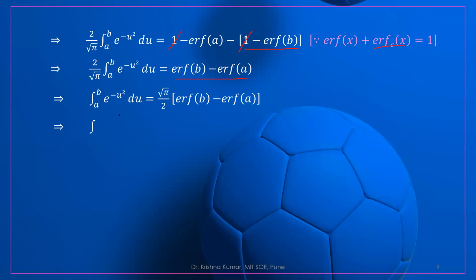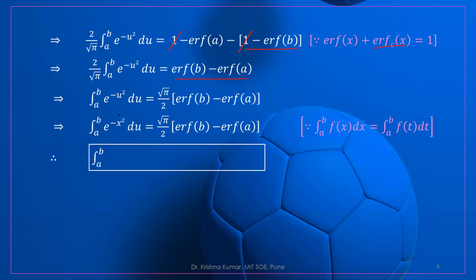Okay, so now this is our main result. And just look here, u square is replaced by x square. Why? Because in case of a definite integral, the variables are immaterial. Integration under the limit A to B of f(x) dx is similar to the integration of f(t) dt under the limit A to B, because if we simplify it, finally the answer will be in terms of A and B. So that's why this e to the power minus u square du can also be written with x, not u. This is also x. So this is our answer. This is example number 2.